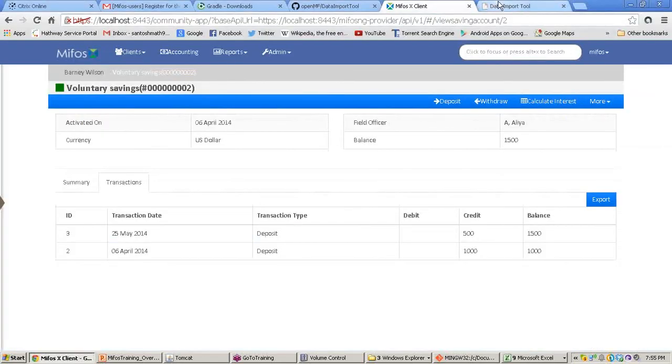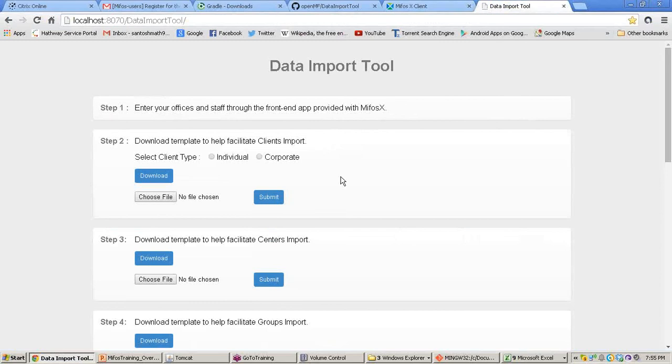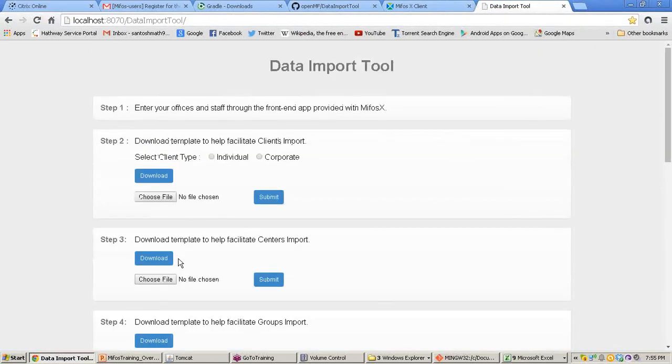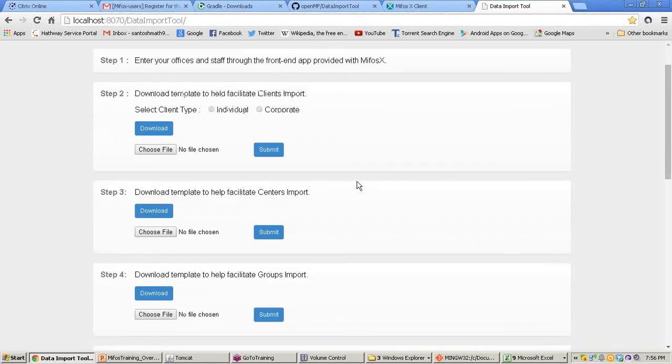Okay, these are all the 10 steps we have done. Let me wrap up by highlighting whatever we have done. In the first section we have seen how to install the data import tool, and in the second step, after installing it, how to use the data import tool.